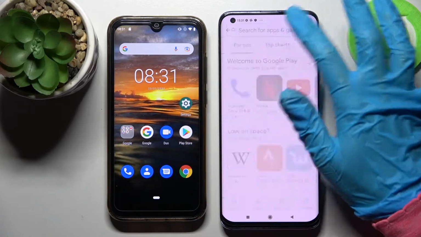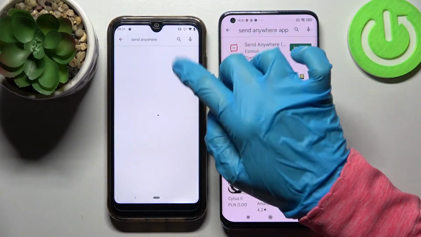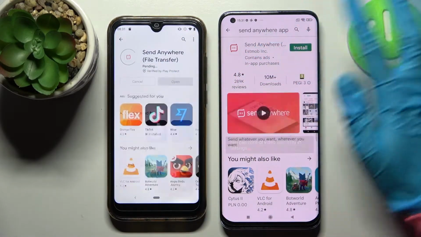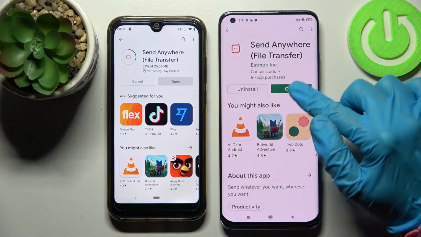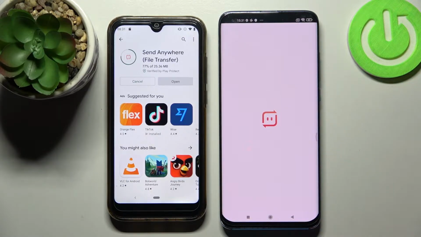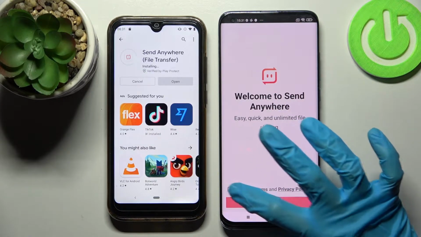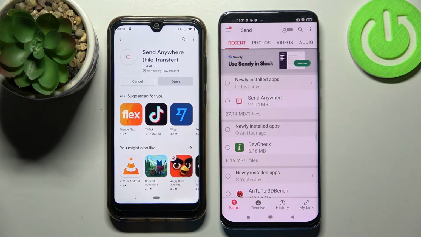Firstly, go to Play Store on both of them, tap on the search bar and type in Send Anywhere. Then you need to install this free app from this developer and open it. Now select I accept, confirm, continue and allow. Then we need to wait for this one to download anyway